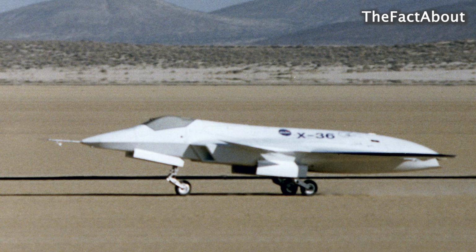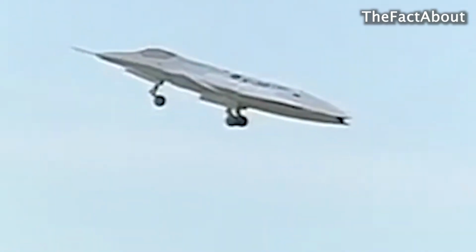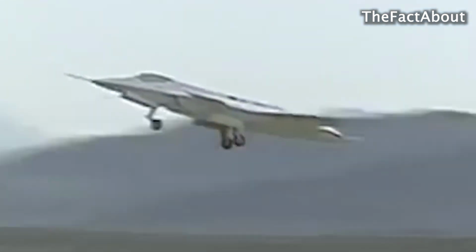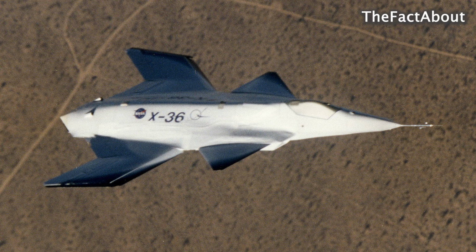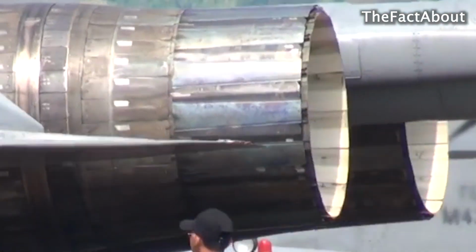The X-36 was a technology demonstrator, and only two of the rather bizarre-looking planes were ever built. They were subscale prototypes and were only 28% of their total intended size. For maneuvering, the X-36 relied on split ailerons and advanced thrust vectoring nozzles for directional control and forward-mounted canard